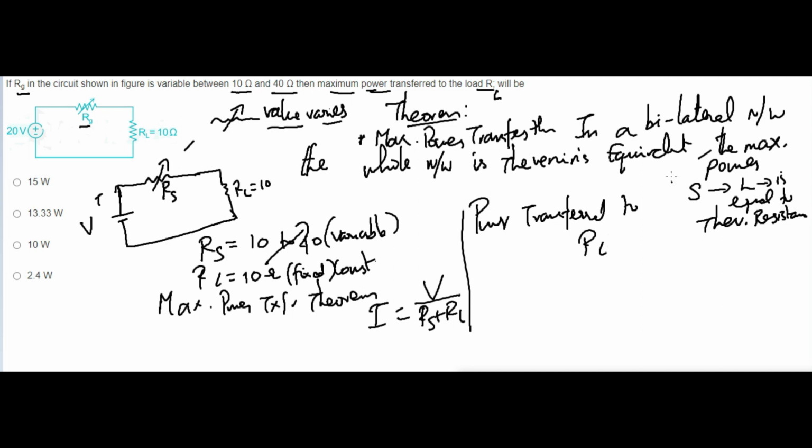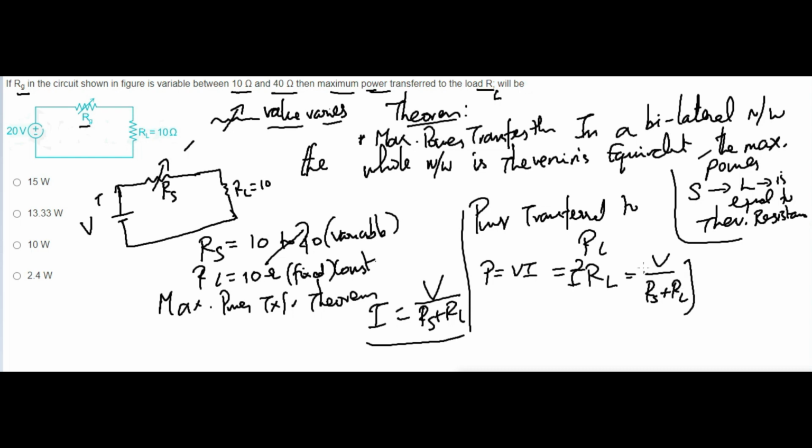The power transferred to RL, how can we write it? The general power formula is VI, and V is equal to IR, so automatically I square R. Here you have I square RL, because RL is the load. What is I square? I square means V divided by RS plus RL, the whole square, into one more RL. You know the V voltage is 20 volt, so you get 20 divided by